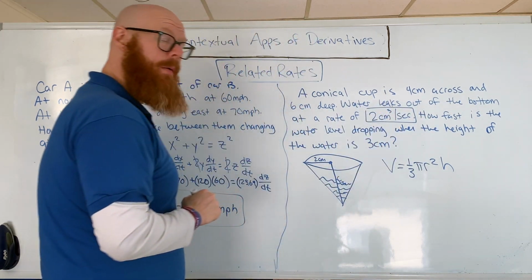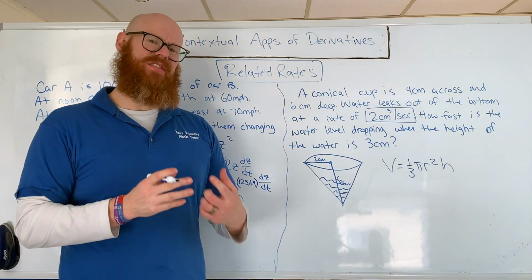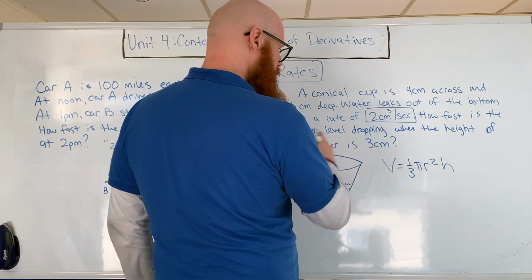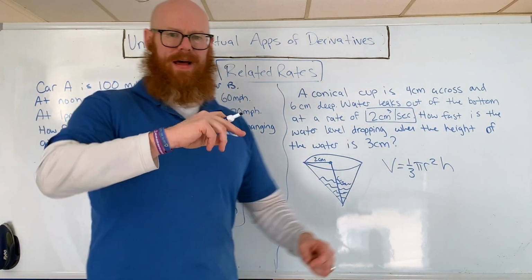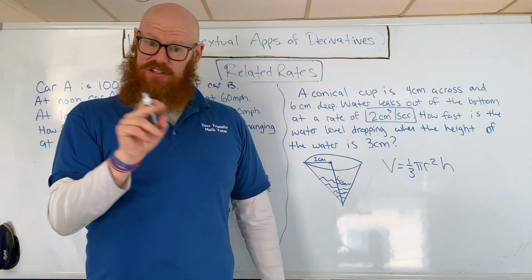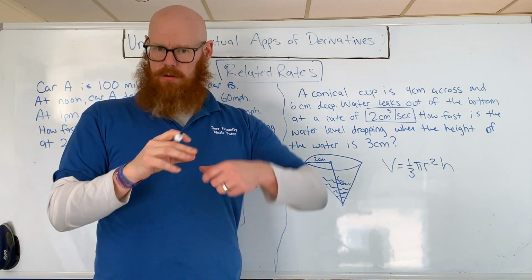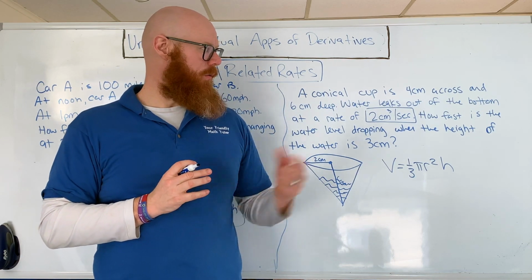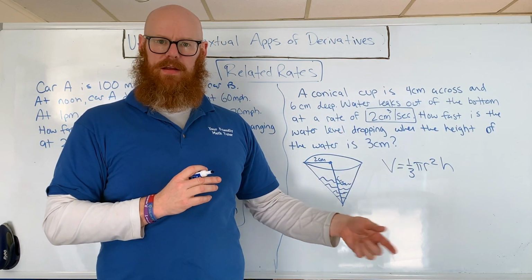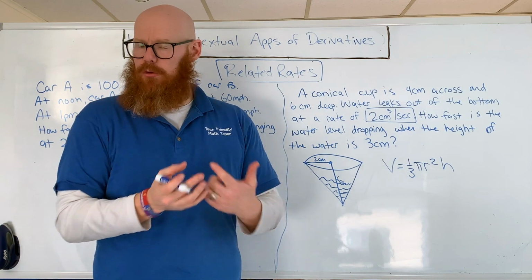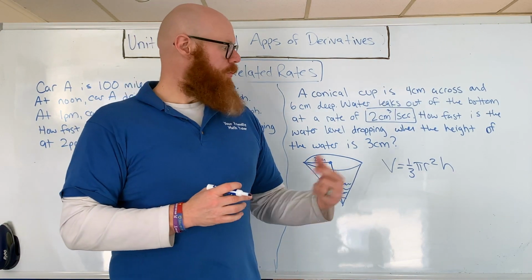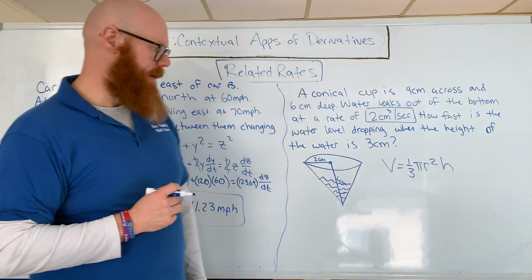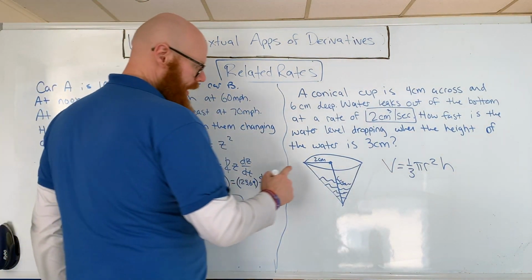Notice the little cube up there, that's cubic centimeters. That tells us that that's dv dt. Then they ask how fast is the water level dropping. The water level is the height, so that's dh dt. So dh dt we want to look for, but there's no mention of dr dt. So we don't want there to be a dr dt because then we'll have too many variables, too many unknowns. So what we want to do is we want to make a substitution. We don't want r to be here. So we make that substitution by doing